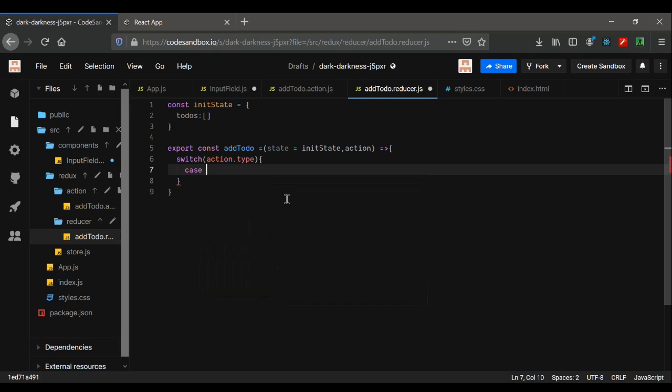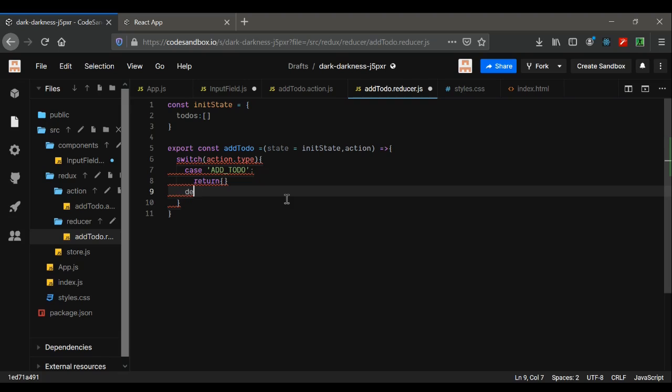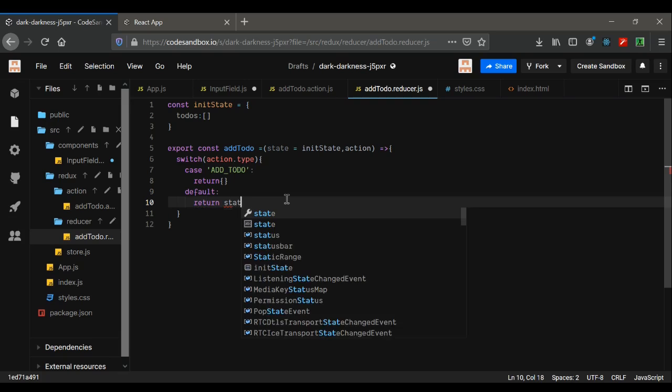So in here, in our case, we're gonna see this add to do, right? And the strings have to be the same, so that it will call correctly. Now I'm going to return something from here, and we will see later. And here, first of all, we're gonna do default. As you know, in any programming language we need this default keyword, and in return it's gonna return the same